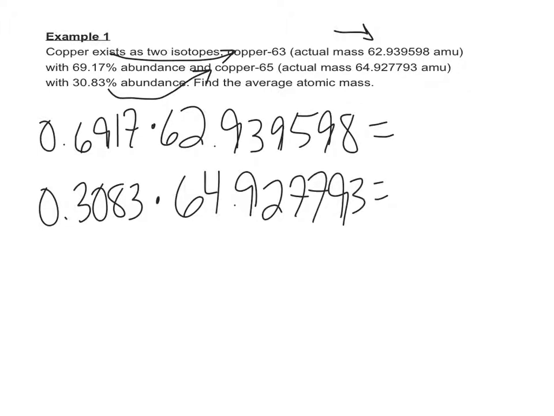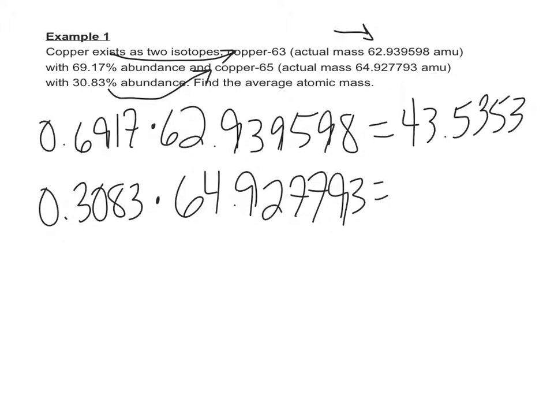64.927793. And I'll go find my calculator. Here it is, 0.6917 times 62.39598 gives me 43.5353. Remember, we're rounding to 2 decimal places, so that's about as far as we have to go for